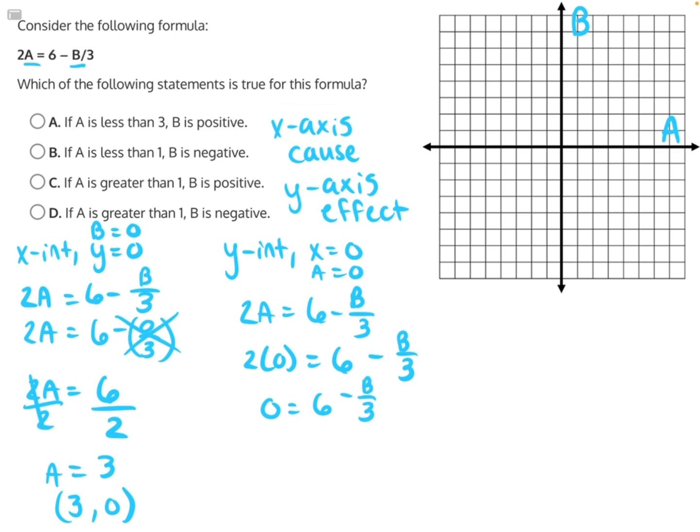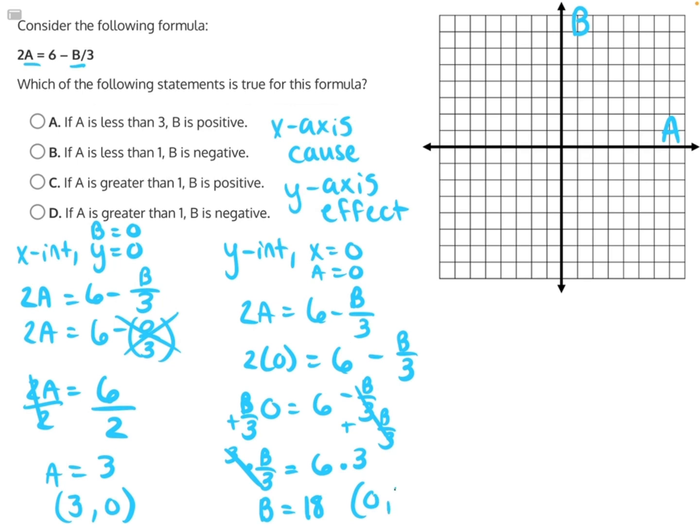Then we'll need to add b over 3 to both sides. b over 3 plus 0 will just give us b over 3 equals, these will cancel, leaving us with 6 on the right-hand side. b is being divided by 3, so the opposite is multiplication to both sides. These 3's will cancel, leaving us with b equals 6 times 3 is 18,